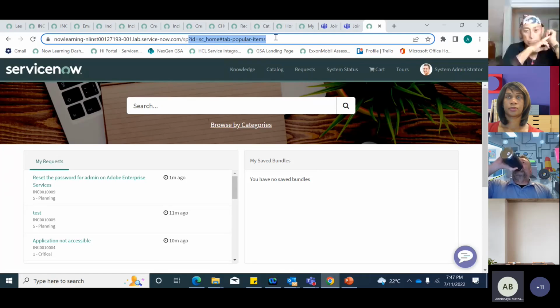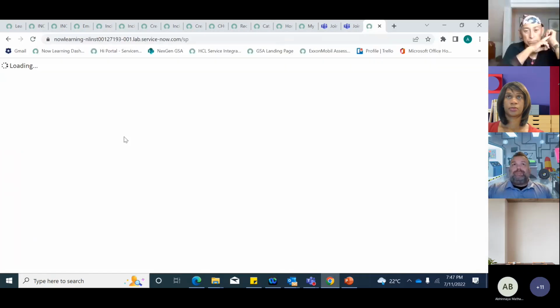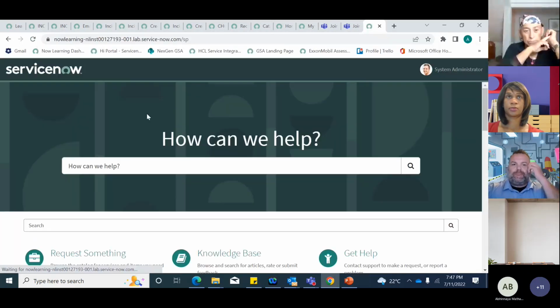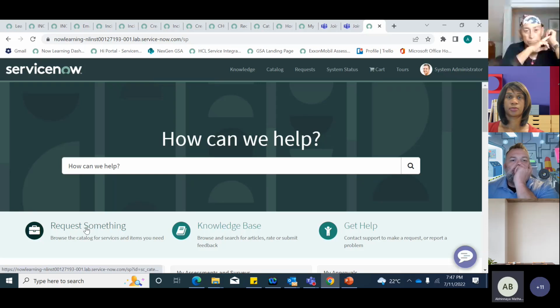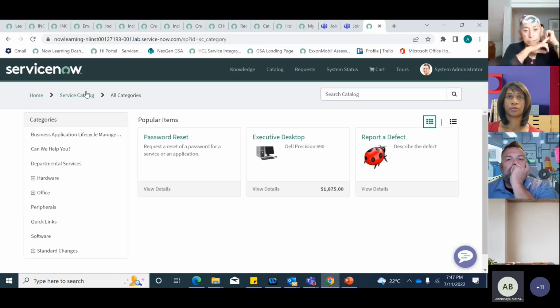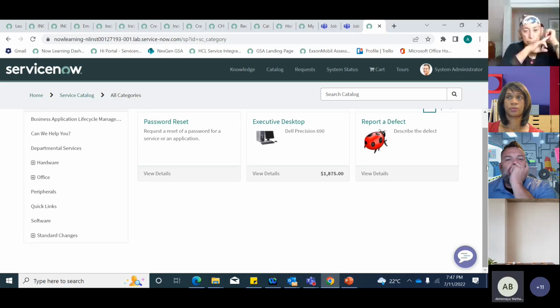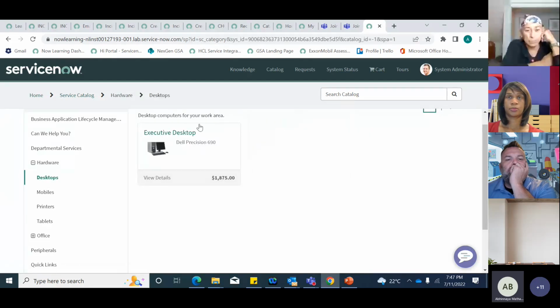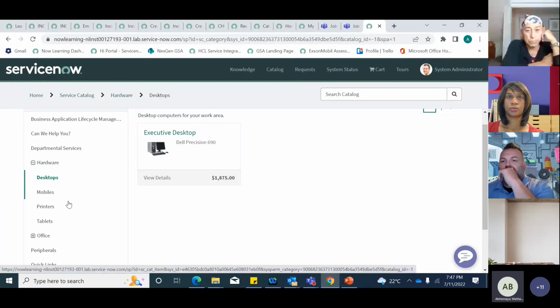I can search for something called request. So when you click on this widget, it will take you to all the service requests available. For example, if I wanted to create a service request for a desktop, I want to order a desktop. So this is how you can browse through and look for the exact